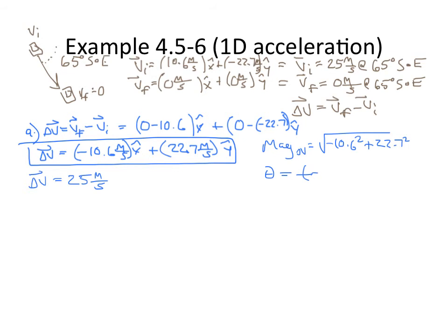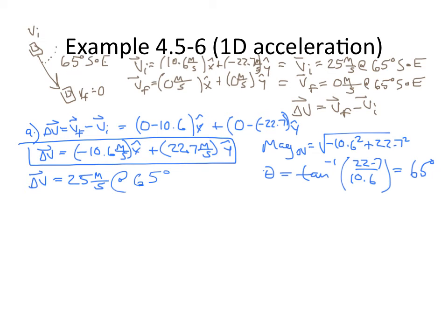So it's inverse tangent of what? The y over the x. So 22.7 divided by 10.6. Remember we use absolute values right here. So inverse tangent of 22.7 divided by 10.6 is 65 degrees. Wow. Didn't see that coming, right? Of course you did, because this is all on a straight line. It's all in one dimension. Okay, at 65 degrees,